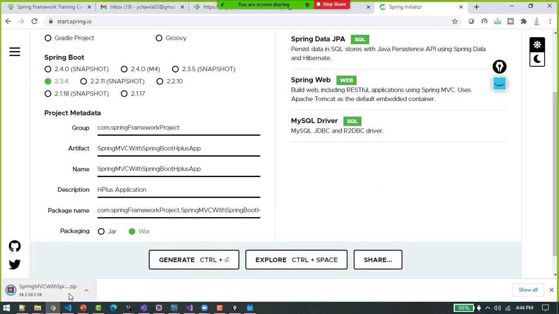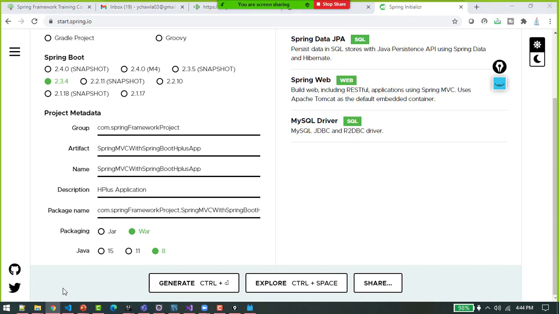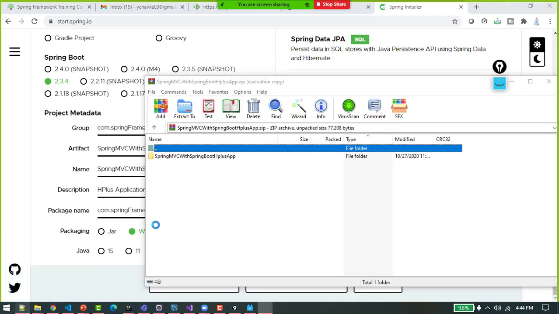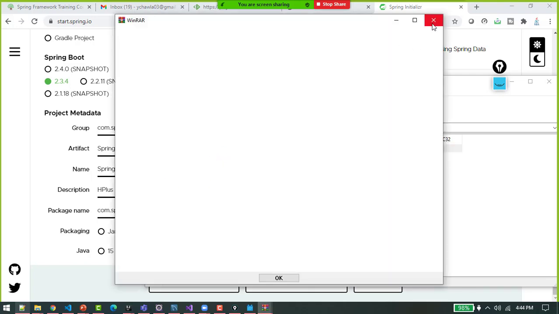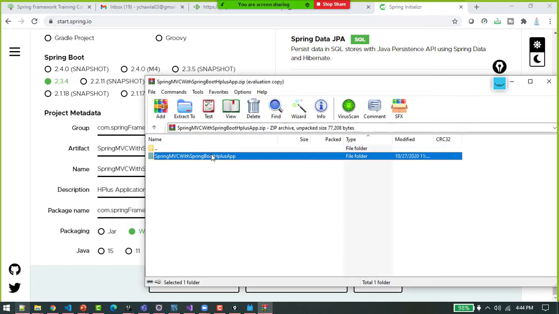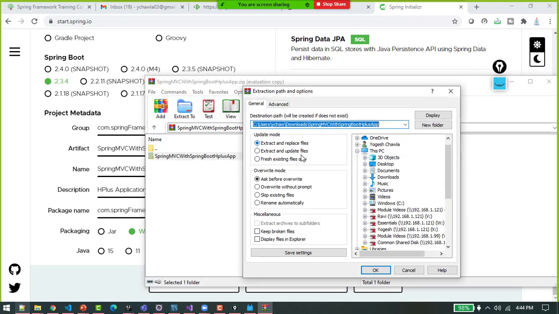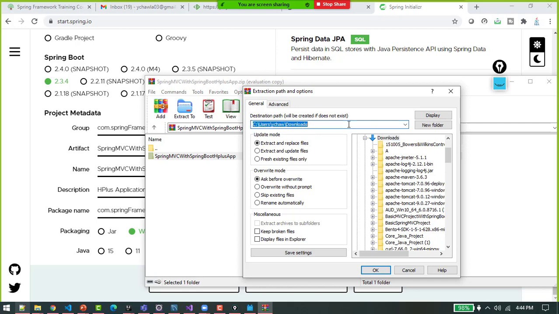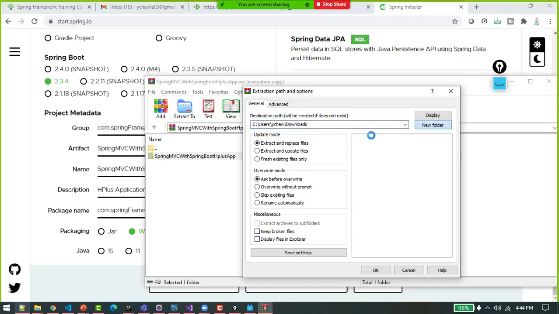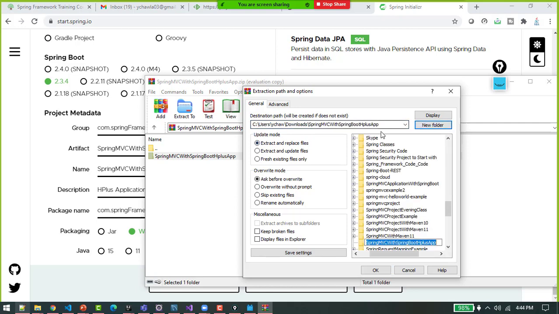You see the project has come over here, right, as a zip file, right? This is a project that has come, Spring MVC with Spring Boot H+ app. If I want to extract this, in the downloads folder, I can create one new folder.